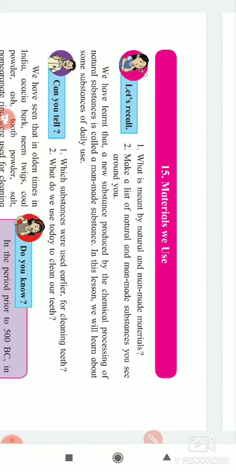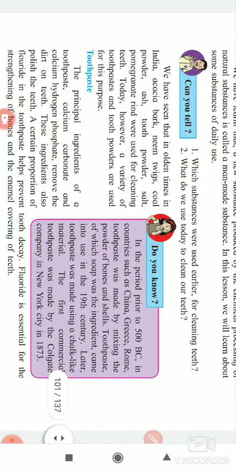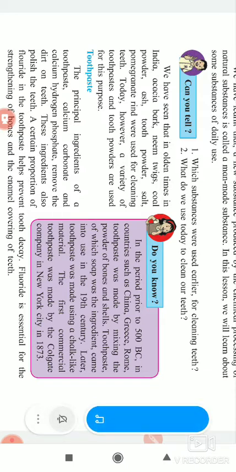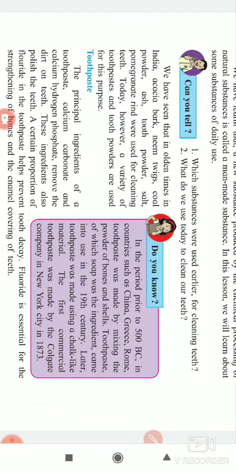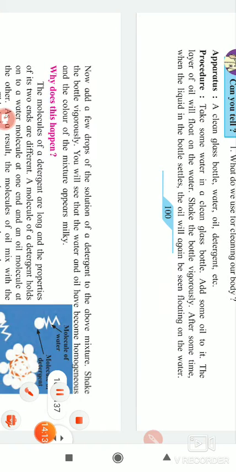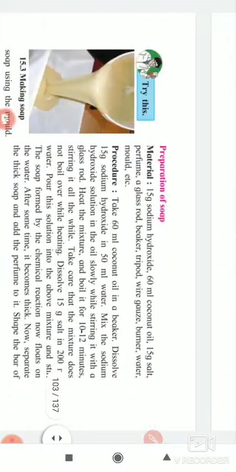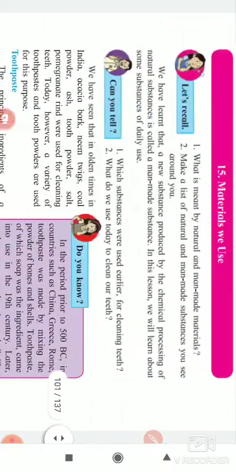So today I have finished this lesson. Yesterday I sent you its video, how soap is made. I hope you saw that video. It was important. I mostly send animated videos, and because of that the concepts are clear for you. So if you didn't see that video, see it today also, and just complete the exercise. So today we stop here only.